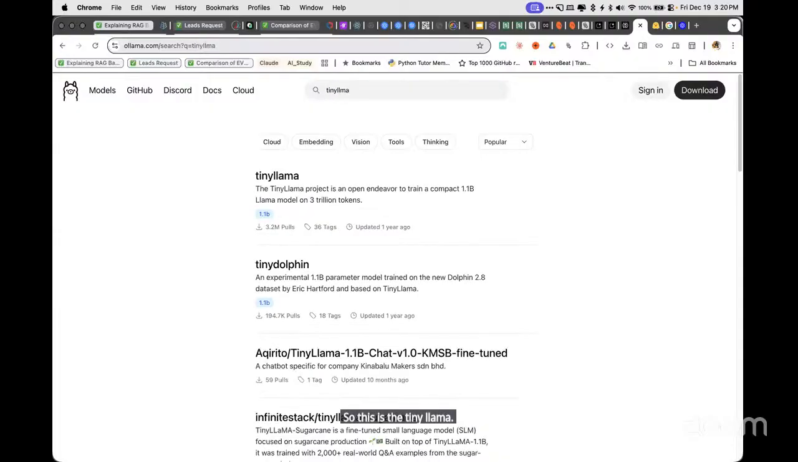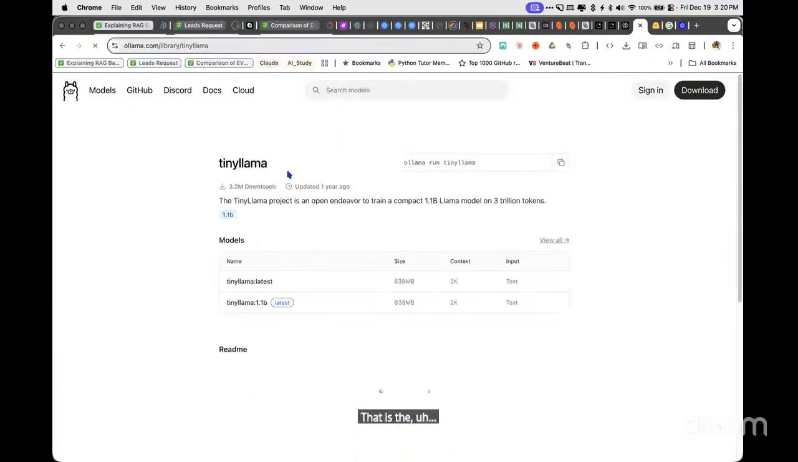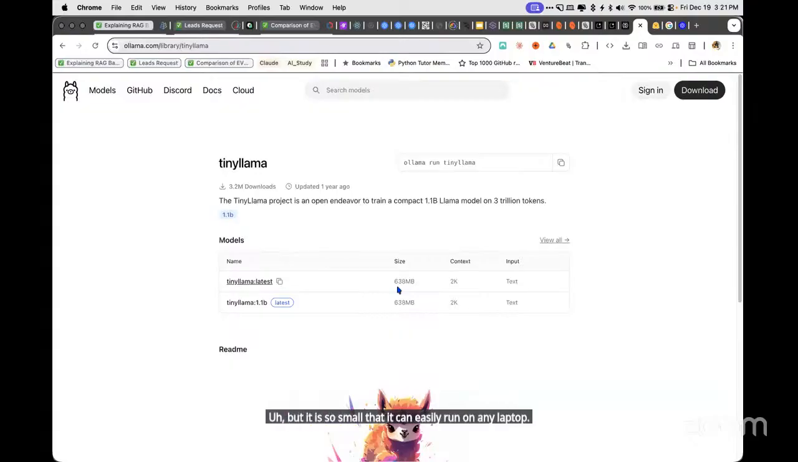That is the derivative from Facebook's Llama version, but it is so small that it can easily run on any laptop. It has only 638 MB of size. So what I will do is copy this, and then go to my command prompt